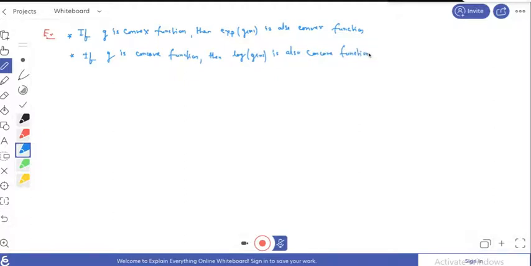Okay, so and the result is if we take g is concave function and positive,